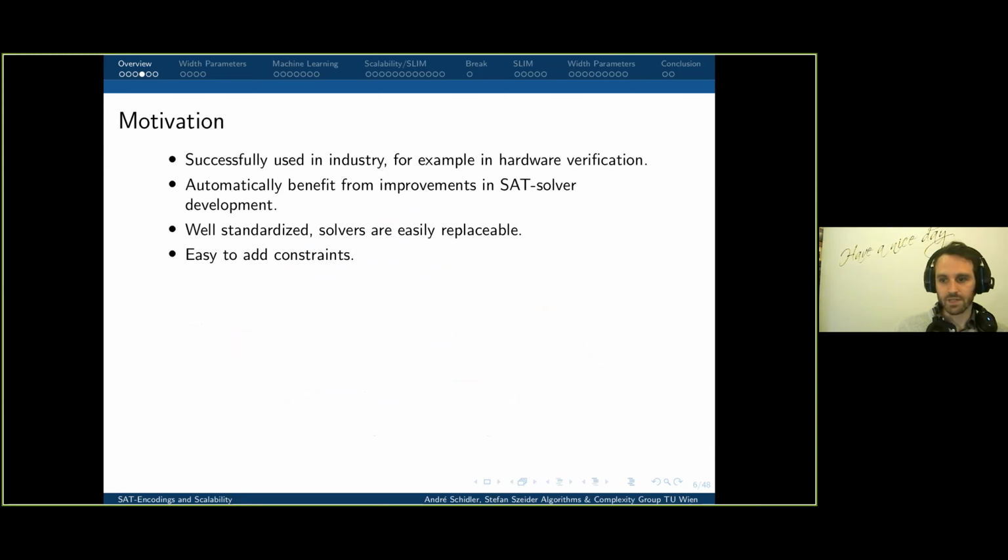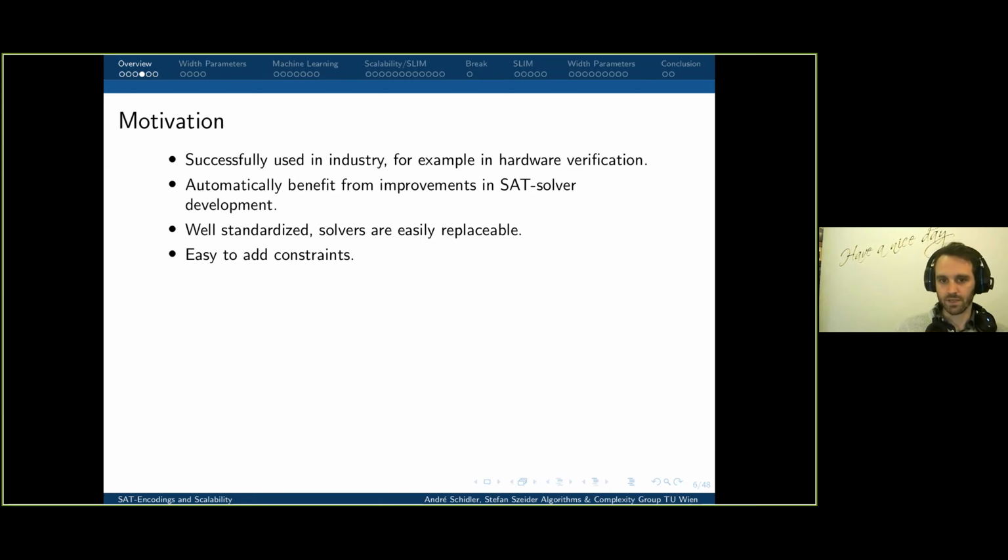And the whole thing is well standardized. So at the moment, it's easy to replace solvers once you have your encoding. The format is standardized, how you get your answers standardized. And solvers usually work very well with the standard configurations. And the nice thing for me, from what I was working on, is that it is easy to add constraints